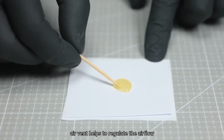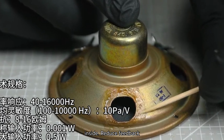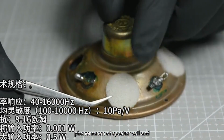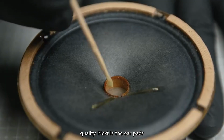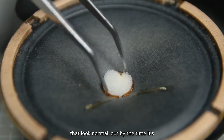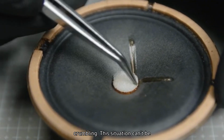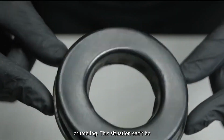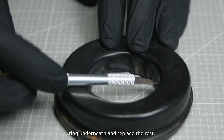Buffered air vent helps to regulate the airflow inside. Reduce feedback phenomenon of speaker coil and membrane. Improve the sound quality. Next is the ear pads that look normal, but by the time it's removed, the cushions inside are crumbling. This situation can't be kept, so it's going to keep the power ring underneath and replace the